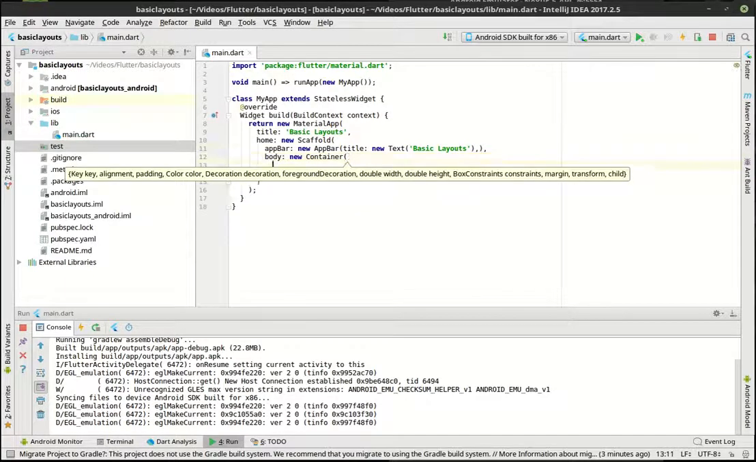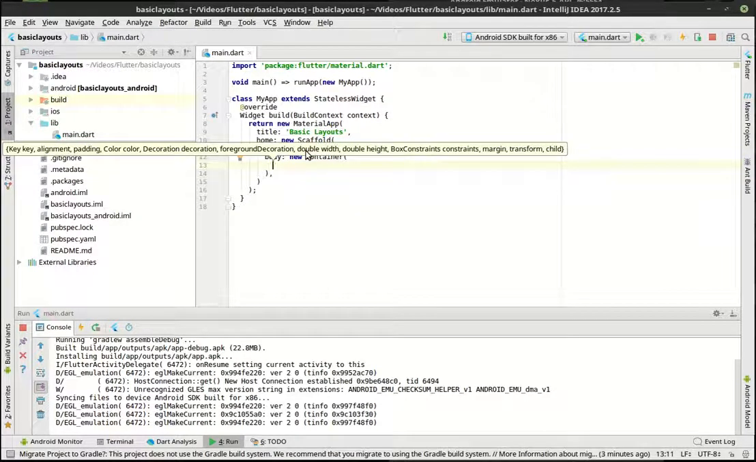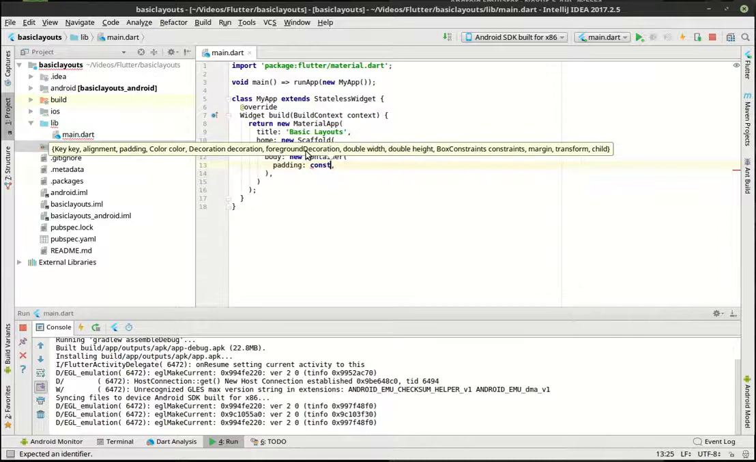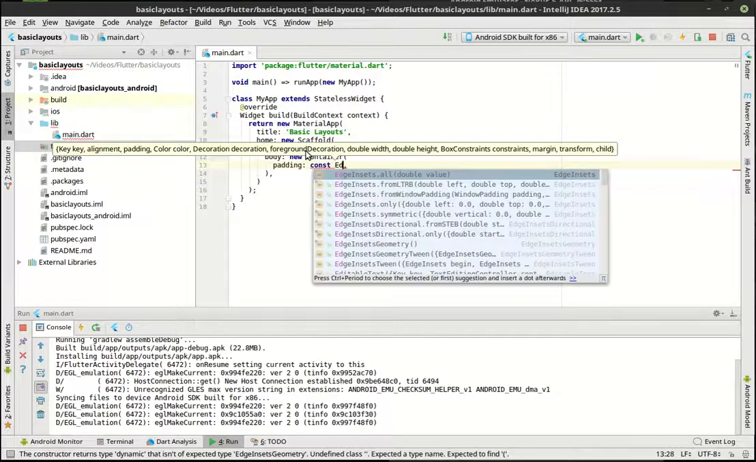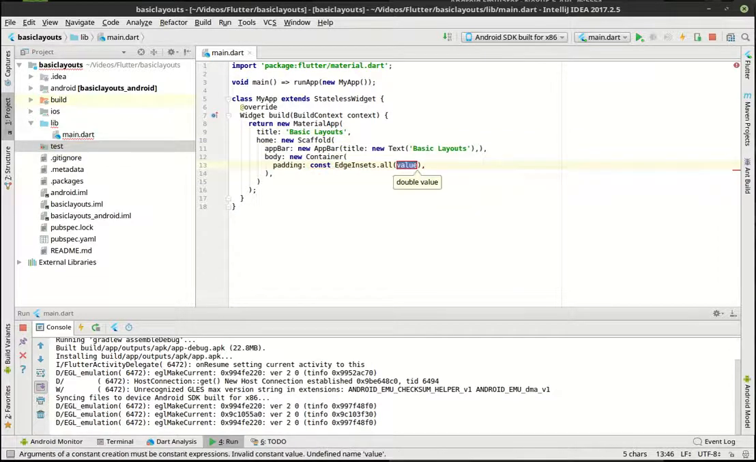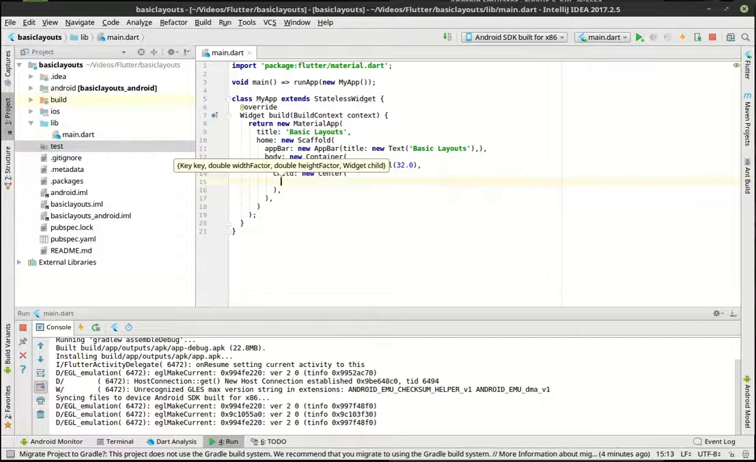All right, so the body of this, we're going to just make a new container. And we're going to use container simply because we want to be able to use some padding in here. And we want to say 32.0 just because why not? And then let's just play around with this a little bit here. We'll say child, new center, and in child we're going to say